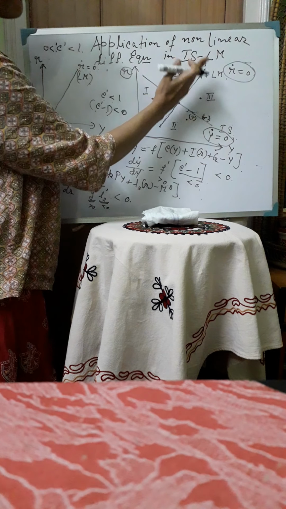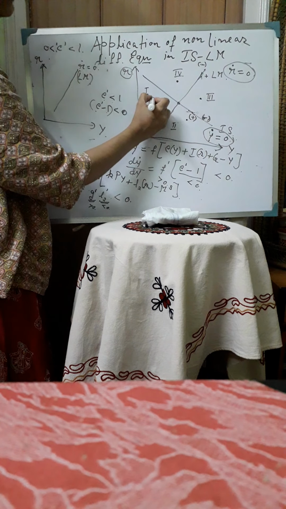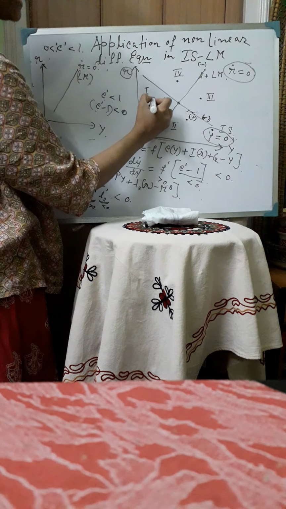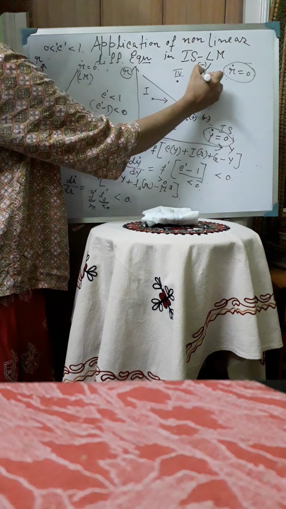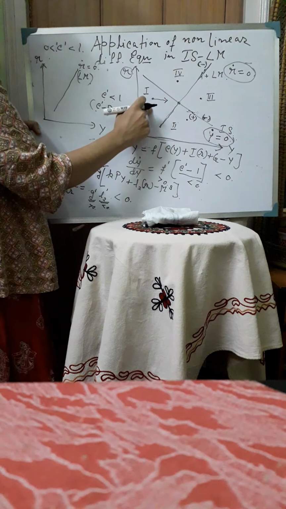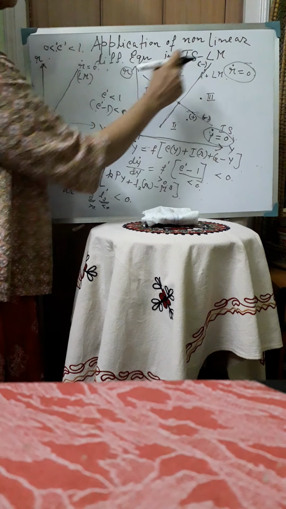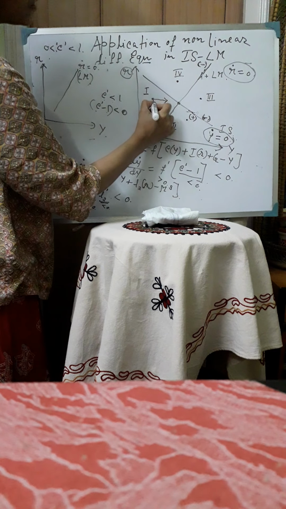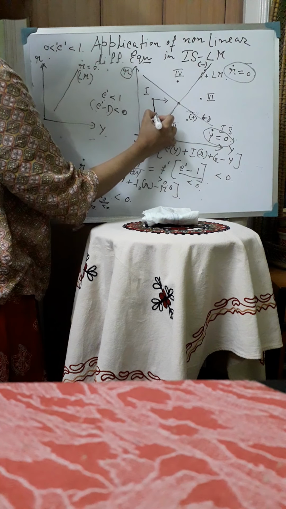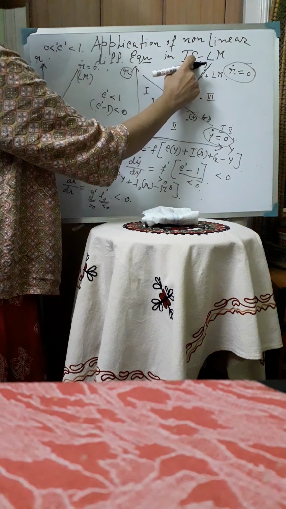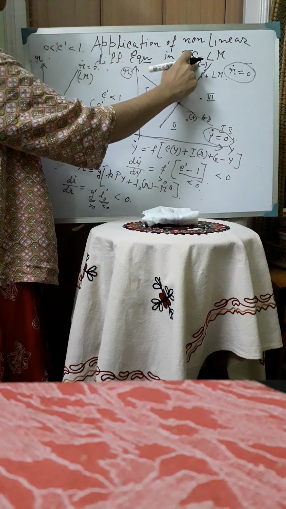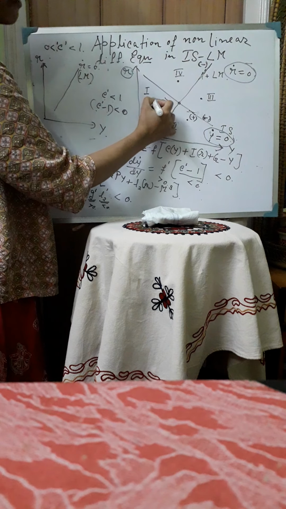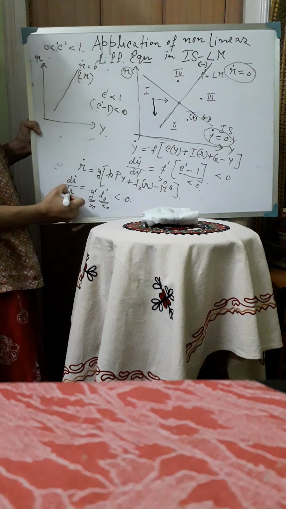And what about the movement of r? Now this point in region 1 is to the left of the LM curve. So that means at this point r dot is negative. So if r dot is negative, then to restore the equilibrium in the money market, the rate of interest should fall, because if rate of interest falls, then r dot changes its value from negative to 0. That means r dot rises. So if r falls, then r dot rises, because dr dot dr is negative.